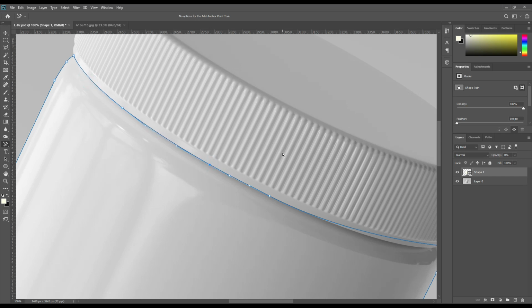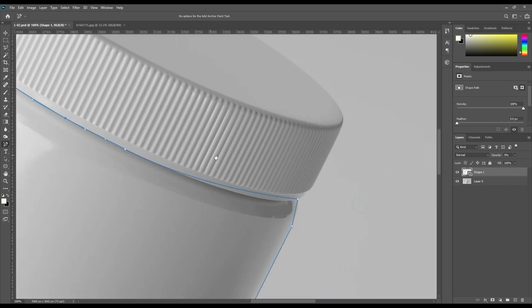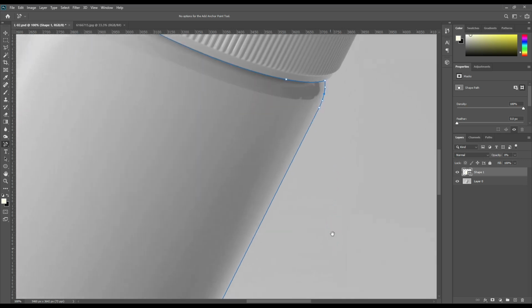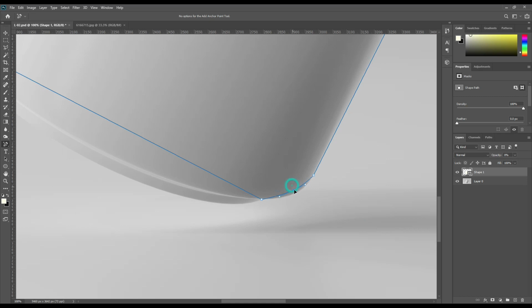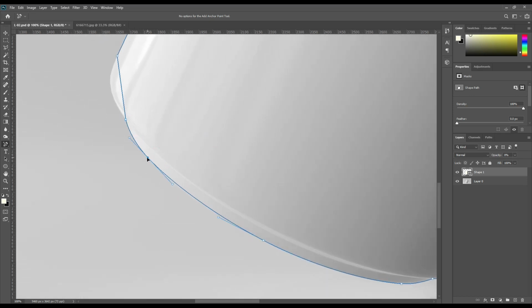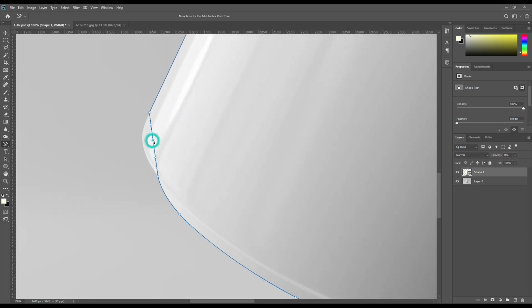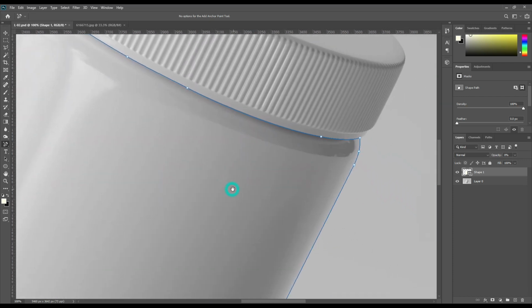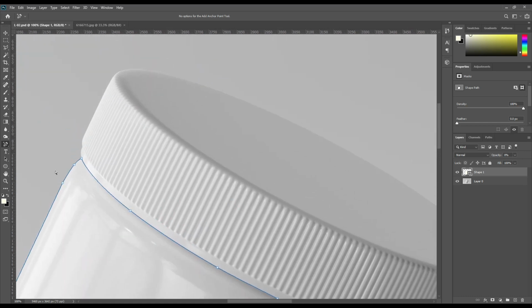Try to be precise here. Okay, now the bottom part is ready.